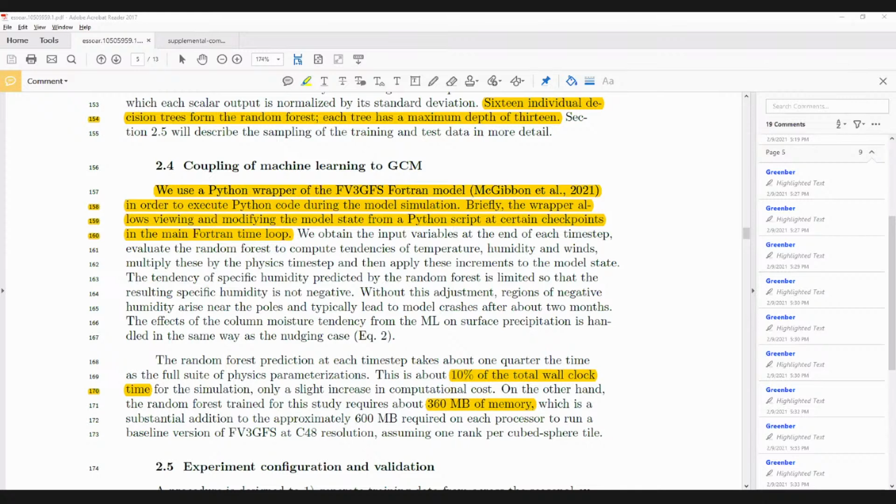So the thought was, if I was a little bit late to the seminar, I'm sorry, but if I understand it correctly, this random forest basically tries to correct the predictions of a classical model. Yeah. And correct the tendencies, the time derivatives, of all the atmospheric variables. Exactly, this nudging between the free running model and the observational analysis. It wants to calculate these additive corrective terms to the time derivatives, so that they behave more like the observational analysis. And the thought was that maybe if you want to get the error to zero, or basically perfectly correct them,